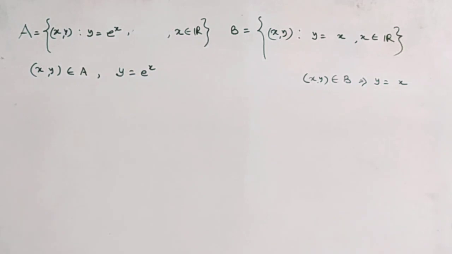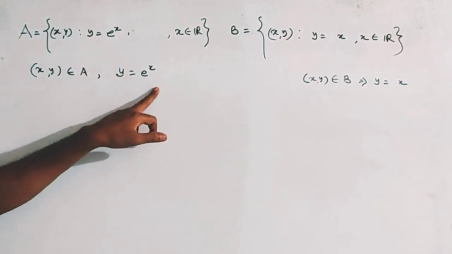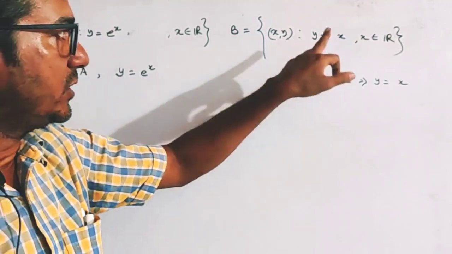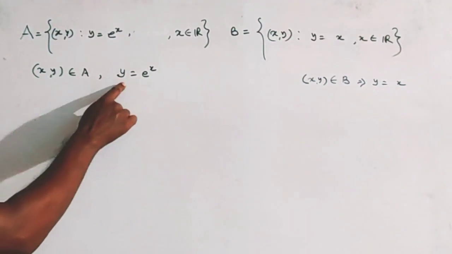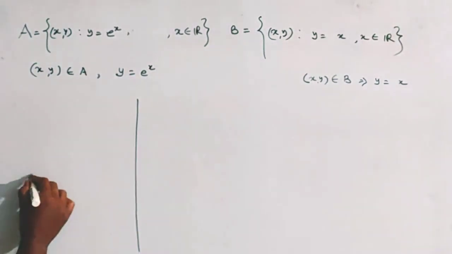We take any point (x, y) belonging to A, then we must have y equal to e to the power x, and any point (x, y) belonging to B, then we must have y equal to x. This is the exponential curve. The graph of this curve is